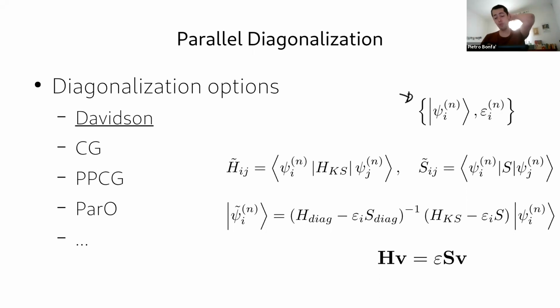And if you are super lucky, but that basically never happens, these are already your eigenstate. Well, instead, Ernest Davidson came out with an idea for extending the space where you look for the solution of your Kohn-Sham Hamiltonian,